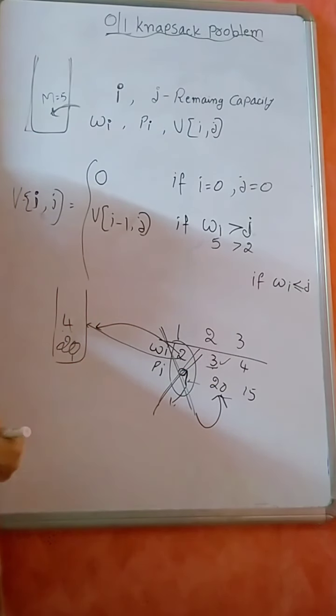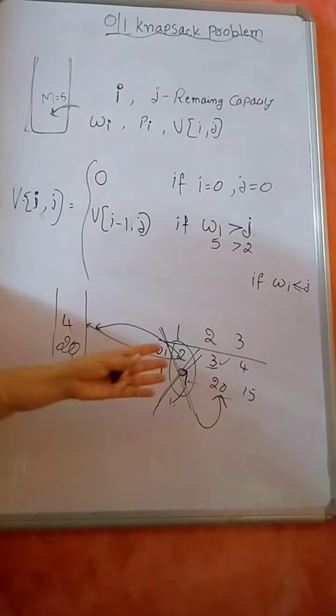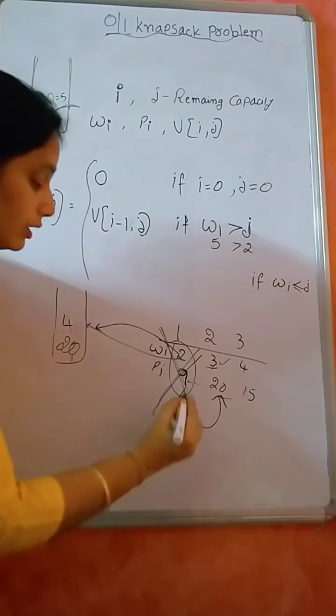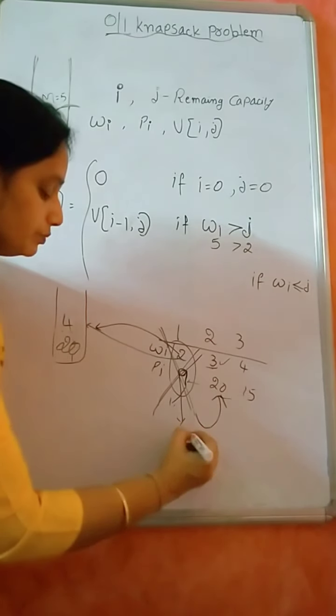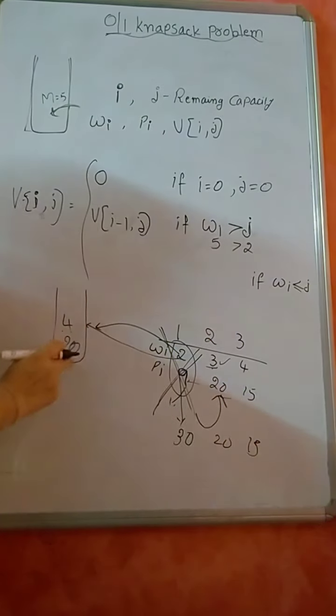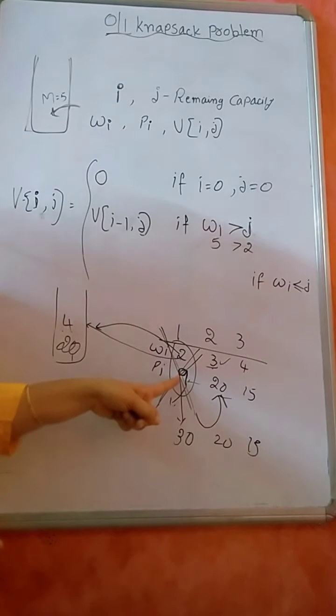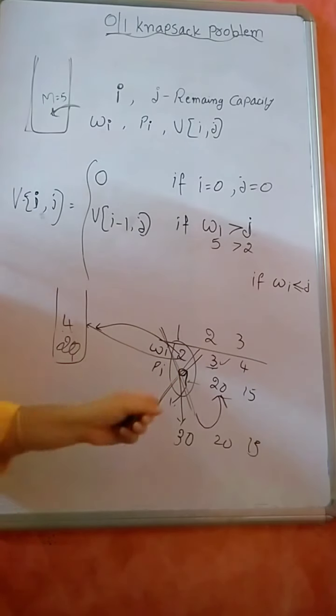The profit I am going to get is 20. So whether it is better to reject this object or select this object, is selecting the object giving me the maximum profit or is rejecting the object giving me the maximum profit? Actually, rejecting the object is giving me the maximum profit. Assume that its profit is 30, then is selecting the object better or rejecting the object better? In this case, selecting the object is best. But if its profit is 9, rejecting the object is better.